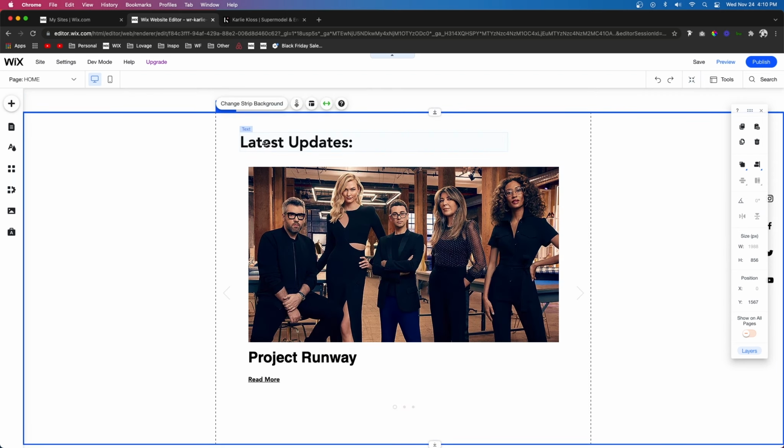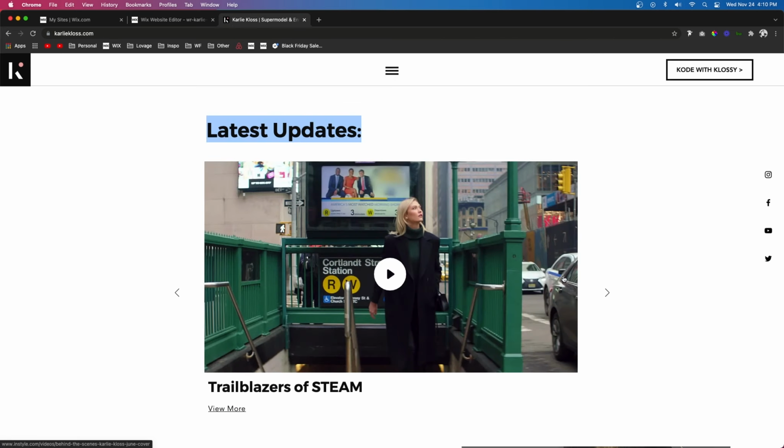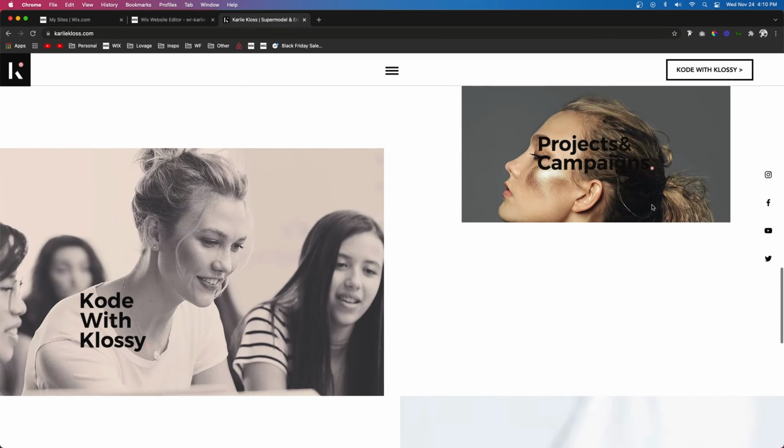Now, something that I don't really like is I don't like how this image doesn't line up with this text. So I'm just going to make sure that they are aligned just like that. Great. Now we can move on to the next section, which is going to be this one right here, where